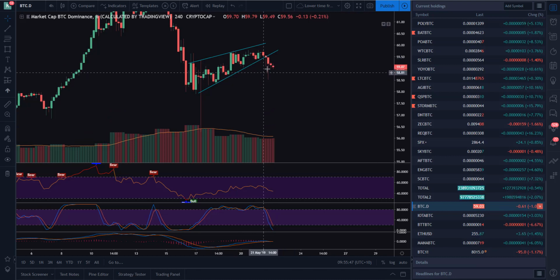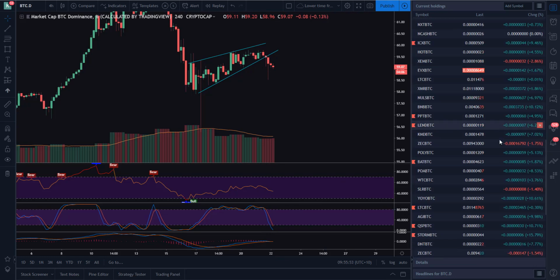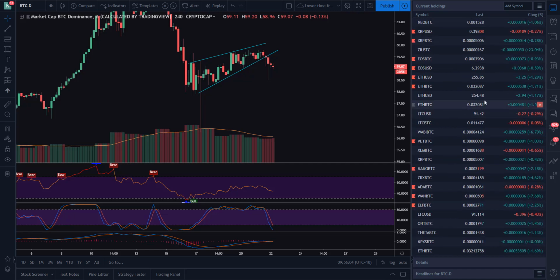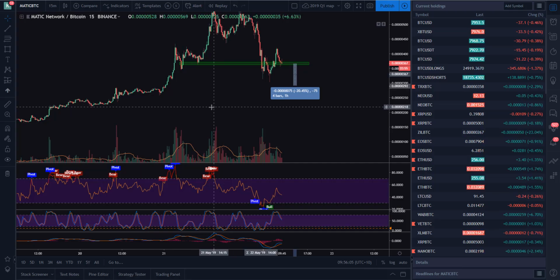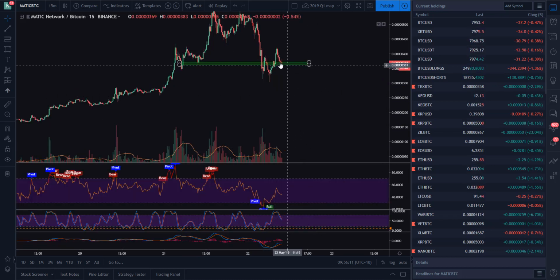the downside here. And as we can see, looking at my watch chart, pretty much all alts have done really well. We had a couple go for 10s and 20% and stuff like that. Rex 16%, Storm, QSP, AGI, and then we've got the crazy ones like Matic, which went absolutely insane. I missed this one actually, but I'm looking for possible entries on this, which could be not a bad